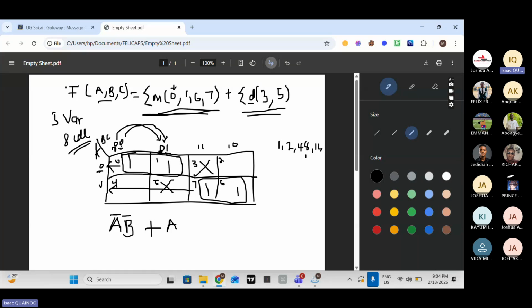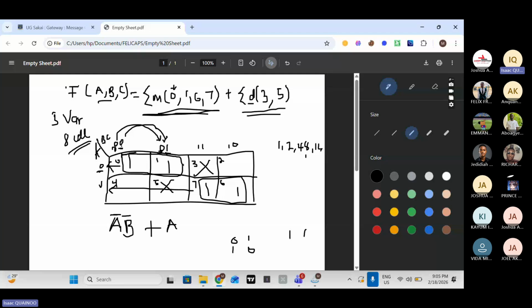that the C values are changing. You have 0 and 1. There is nothing you can do to 0 and 1 to get 1. You have 0 and 1. If I decide to invert 0 and 1, I get 1 and 0. So you can see that there is no way 0 and 1 can give you input values of 1 and 1. So it means that this C here